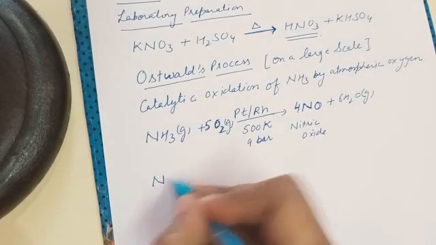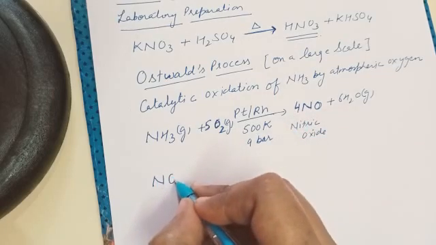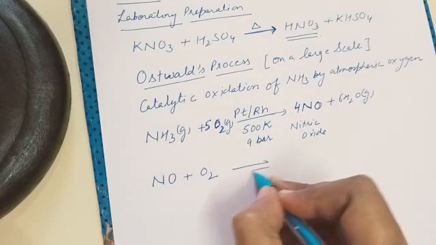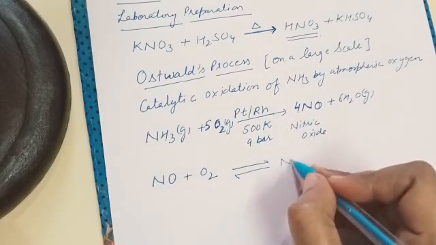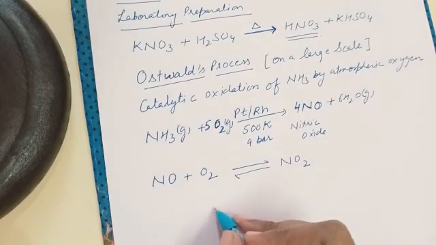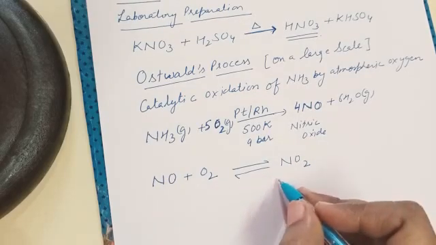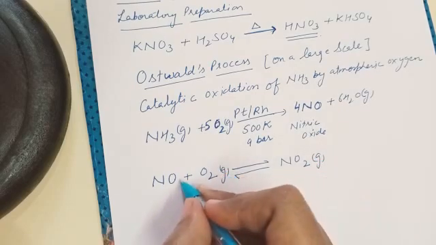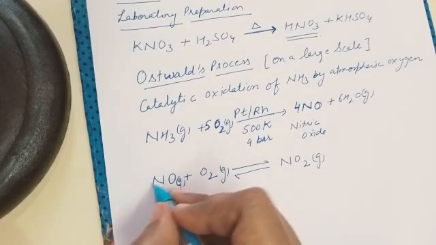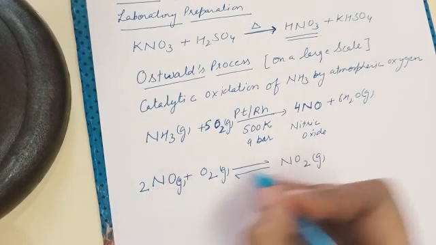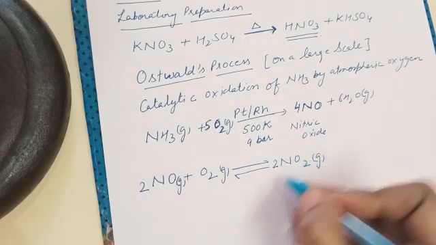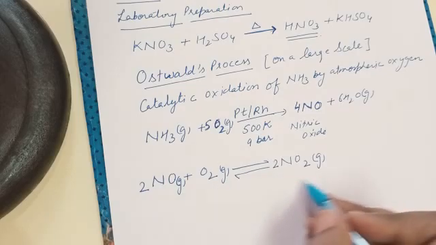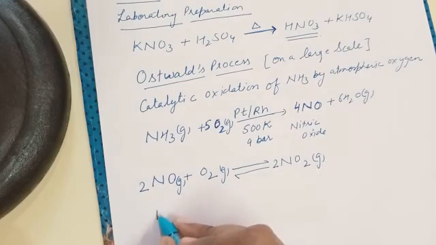Now this NO will react with oxygen. This is a reversible reaction and forms NO2. This NO reacts with O2 and forms NO2. This is also gas, this is also gas, and this is also gas. We will just balance the reaction: 2NO gives 2NO2. Okay, the NO combines with oxygen and gives NO2, and NO2 further reacts